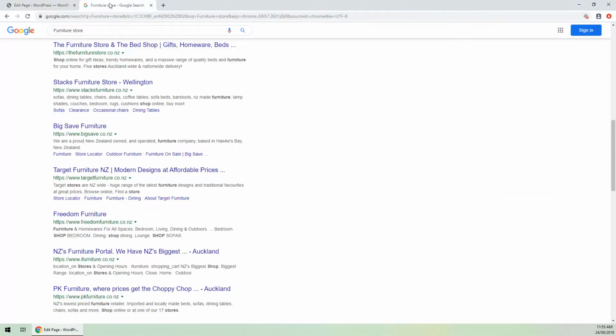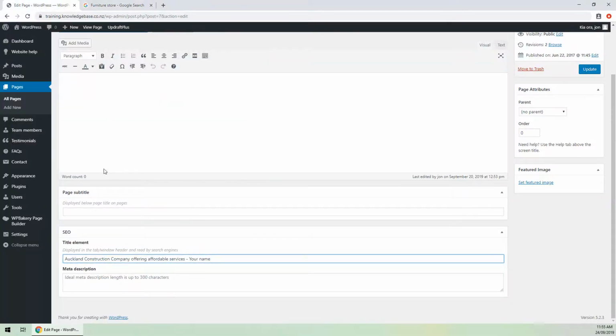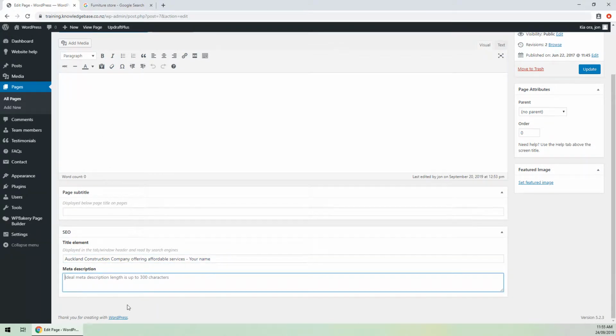And back to our search results, this is the meta description here. You want it to be a bit salesy and also to include your keywords. So in this case, our keywords are Construction Company Auckland. Your ideal meta description is up to 300 characters long, and once again you can just find a tool to search for that. So our meta description, which in this example is going to be a bit short, but you could say,